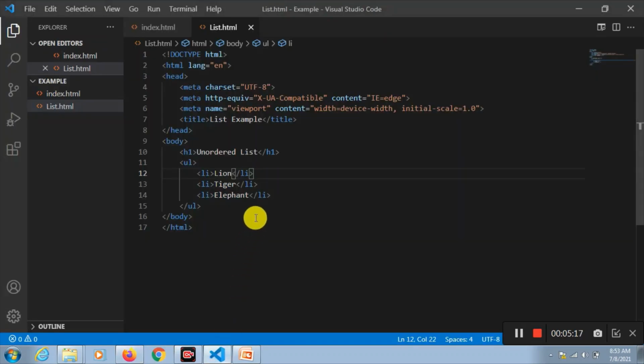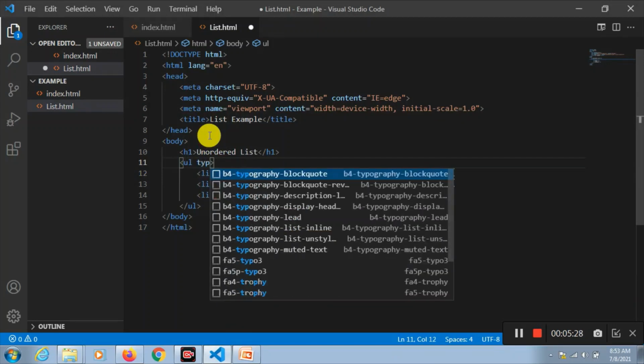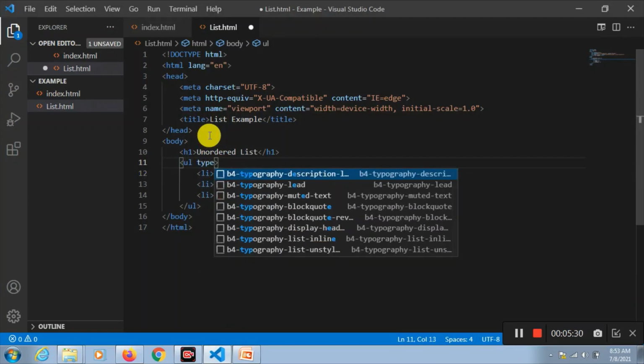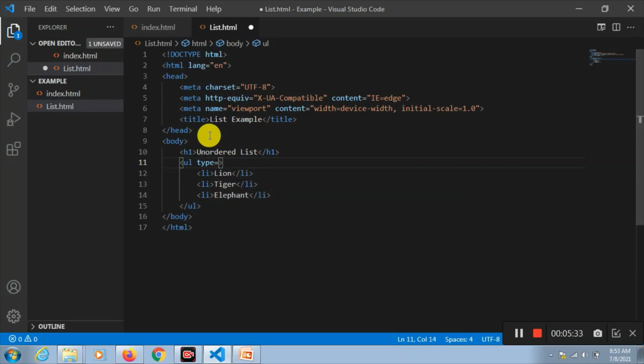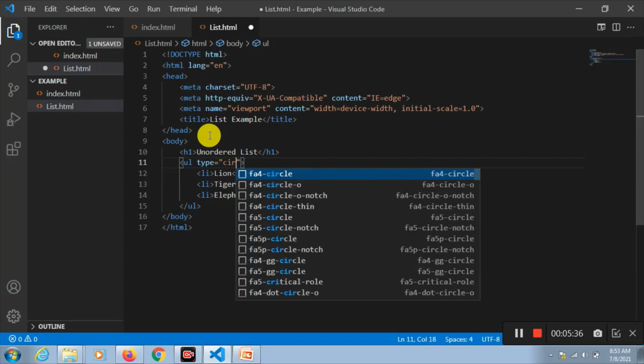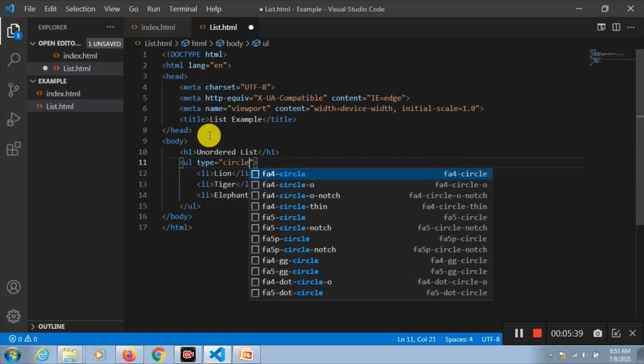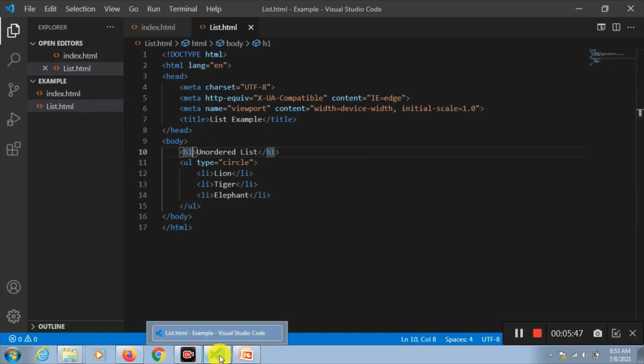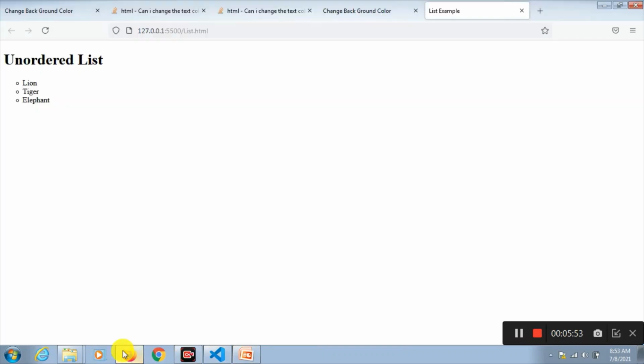Let's go to code editor. Here you have to give type. Type equal to circle. Let's see what changes we get. First save it. There you are. Here's circle.